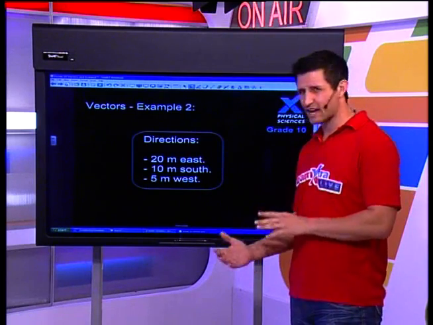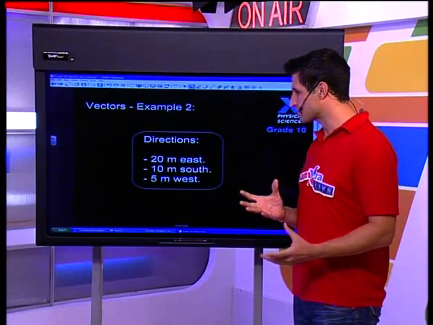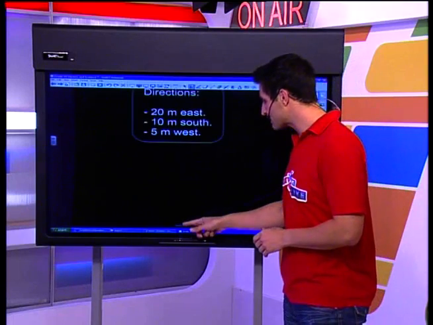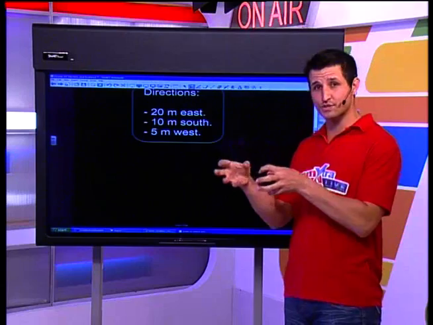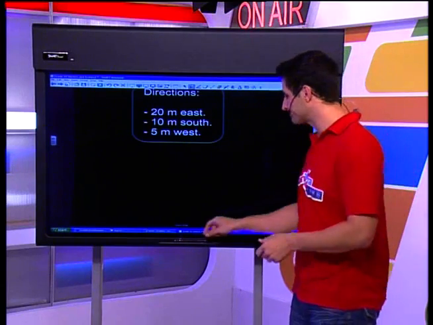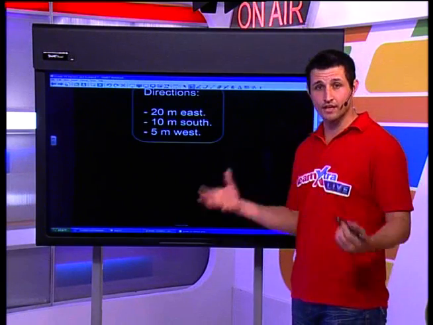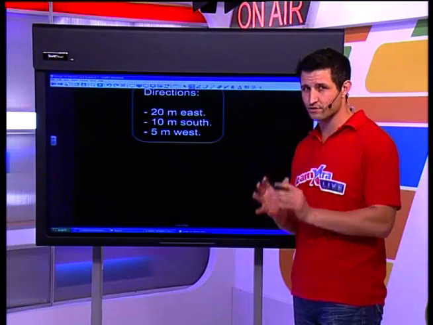Now the question is, how do I actually do these strange ratios? I'm going to show you a few tricks. So what I'm going to do is use my scale. I'm going to use my 2 centimeters to 10 meter scale. Now the way to use a scale correctly is quite easy. It's the same way that I use in ratios, but I notice my grade 10s don't really like ratios.